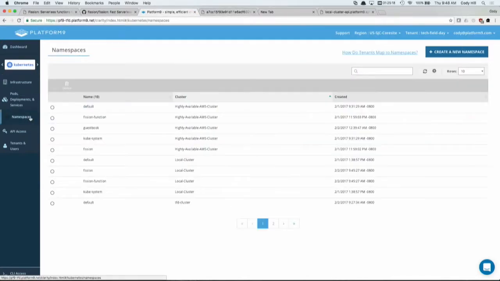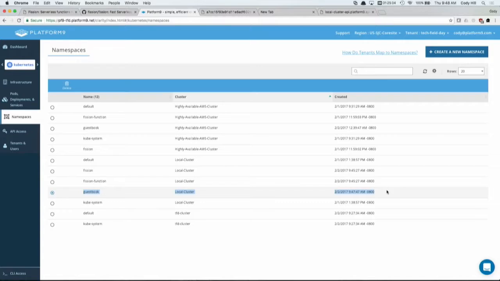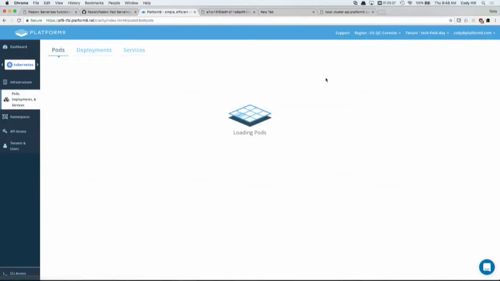So if we come in over here and we refresh, we should now see a guest book. Let me add more rows here. Okay. So in this local cluster now, we have a guest book namespace. Then inside of this namespace, in Kubernetes on the back end, Fission has created this.